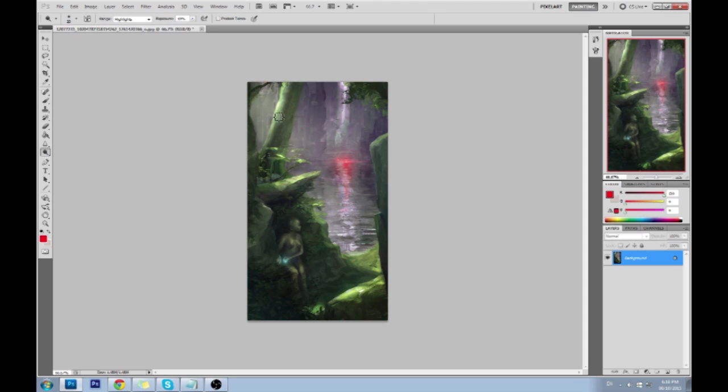You might need some more detail over here because it's one of the lit areas. This might very well do it, but I'm not 100% sure. You might need some of that bark detail, a little bit up here, just a touch, just on the bits that are facing the light.